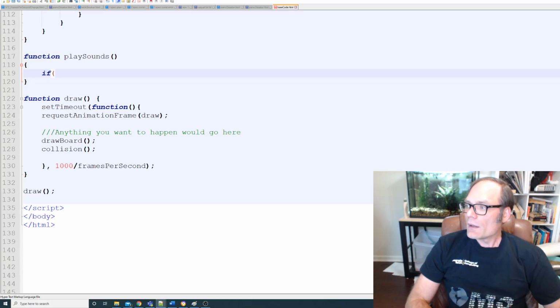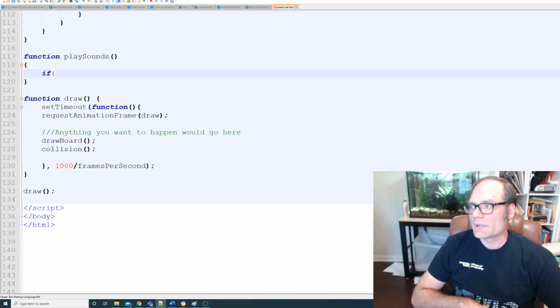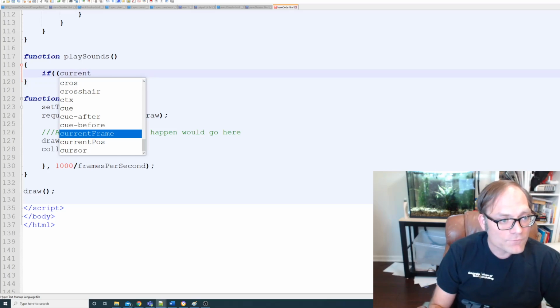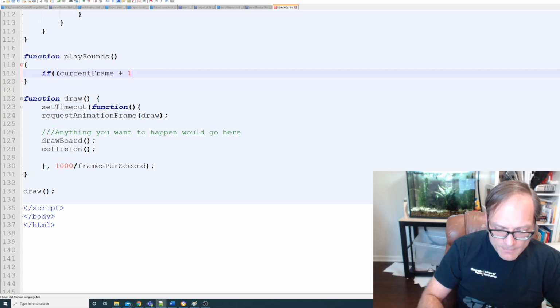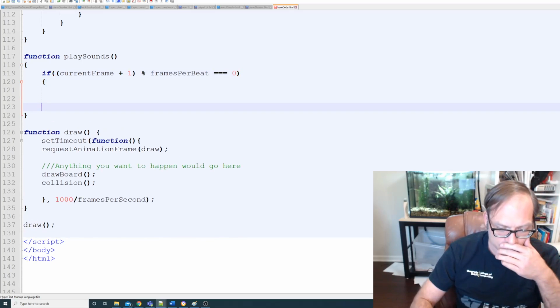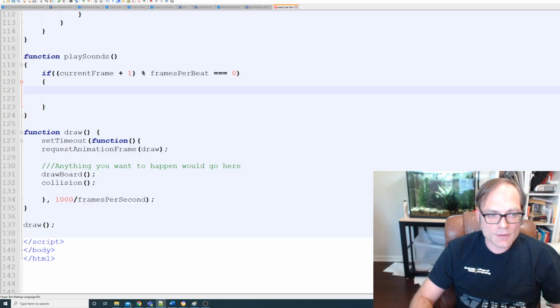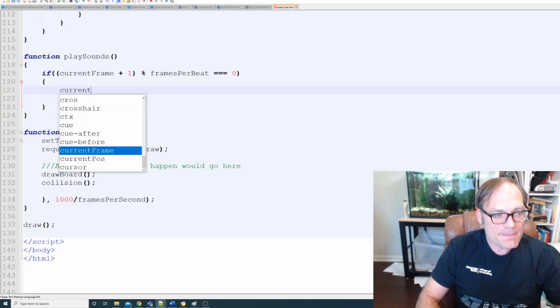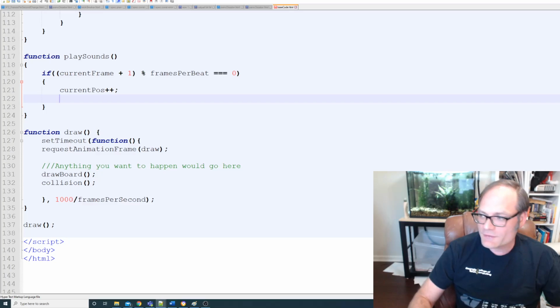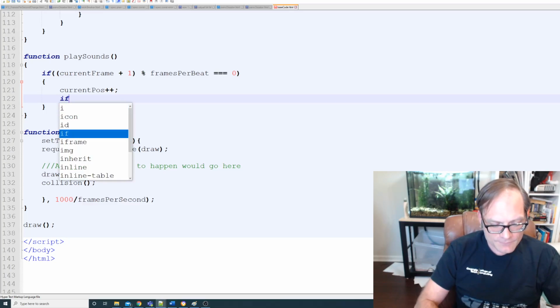All right, so what we're going to do is, we're going to say if current frame plus 1 modded by our frames per beat is equal to 0. Then we're going to say current position plus plus, and then so we are moved on to our next position, and we're going to say if